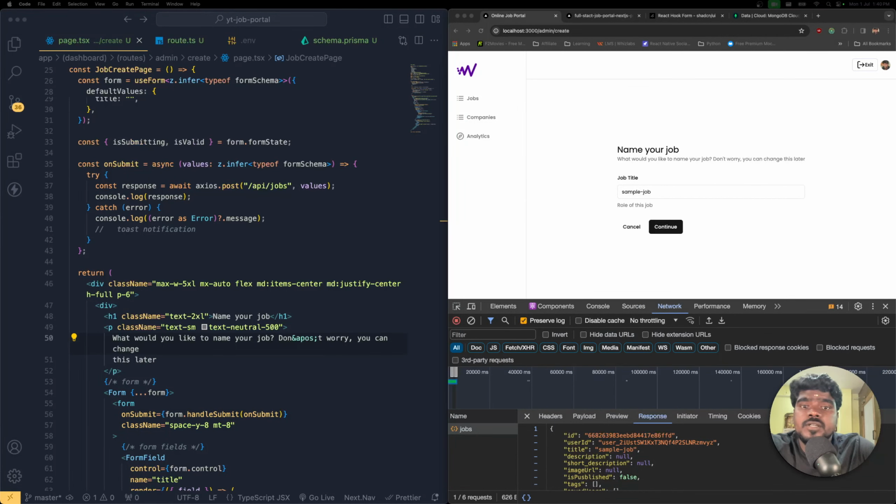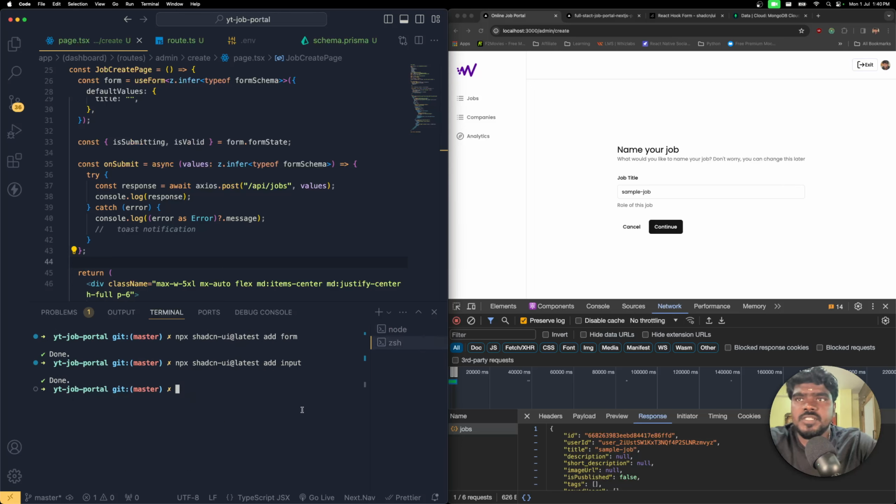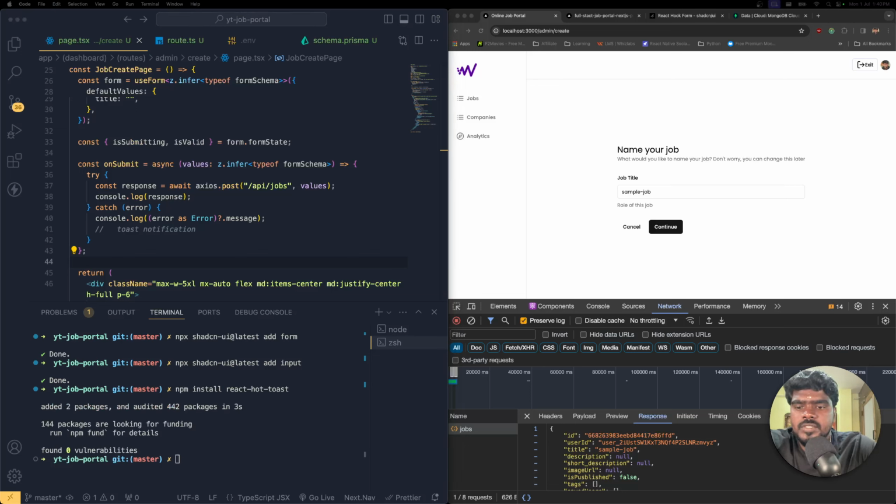All right, then, so let's go and add the toast provider. So what we need to do is, in this case, I'm just going to say npm install react-hot-toast. Hit enter and that should be downloaded. Okay, so then what we need to do is,